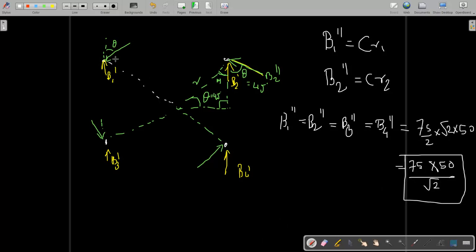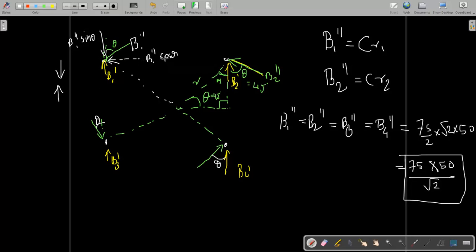Now here there are two forces. Here this is B1 double dash. Okay, so here you can take the two components. Here this is theta. Okay, this is also theta. So now there are two components of this B1 double dash: the horizontal component is B1 double dash cos theta and the vertical component is B1 double dash sin theta. Okay, now you can see this B1 dash and B1 double dash sin theta will cancel out the effect of each other because they are in opposite directions like this.